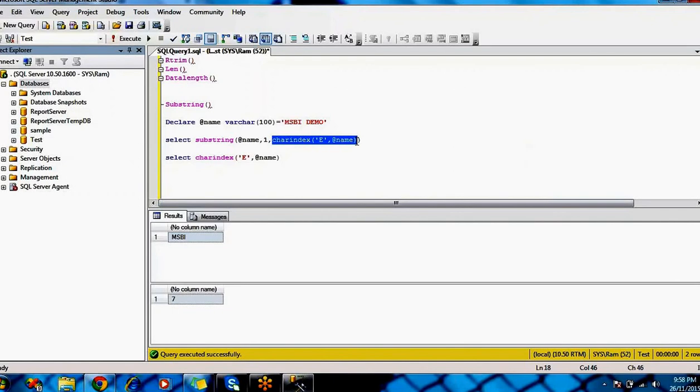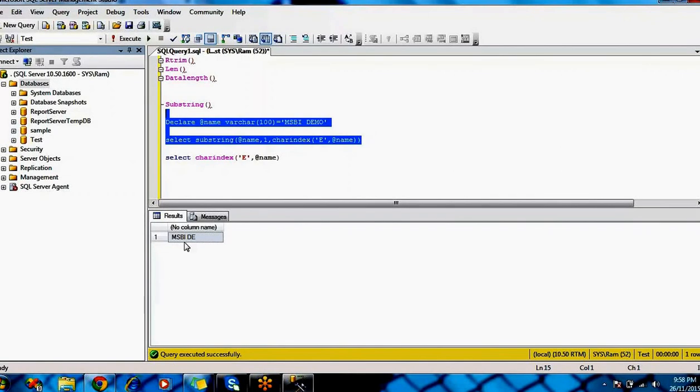This will give the number of the position of E. The substring syntax is: which string you are going to set, and that string name, that is the variable, and the starting position is 1, and then CHARINDEX, bracket open, E, @name. This will return the position of E, right? By using this substring and CHARINDEX, you can find out MSBI DE. I'm going to execute to see whether it gives the same result. So it is giving MSBI DE.